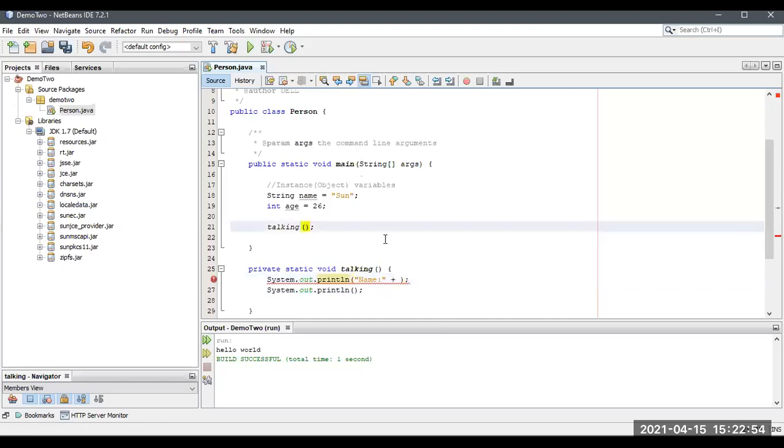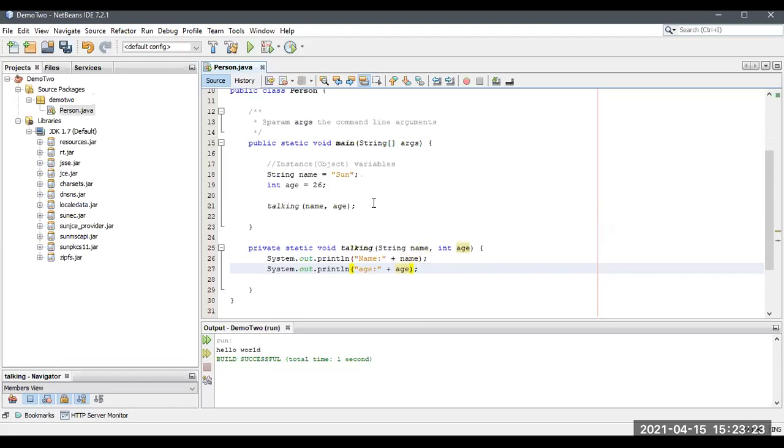Let me send name, comma, age. So these are the two arguments I'm going to pass inside this. I'm going to take a String name and int age. So this is the name and this is the age.